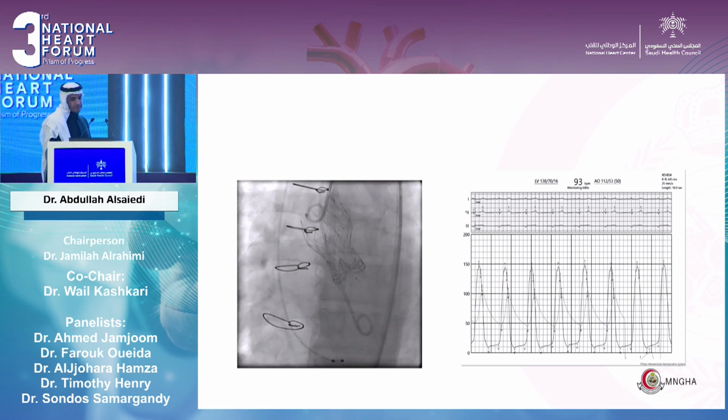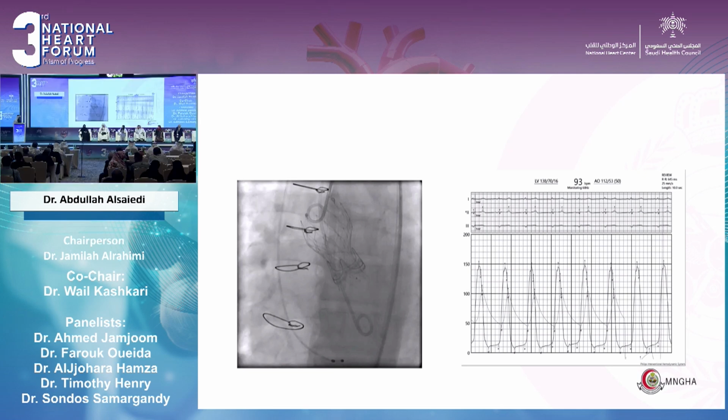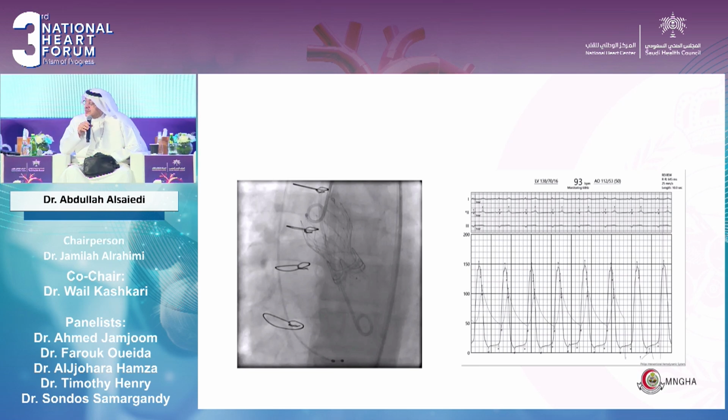Based on the chart you showed us, there was already a mismatch which is in the moderate range, and you are now really expecting there will be a significant gradient with the supra-annular valve. So I'm going to ask a question to Sundus before you proceed. Sundus, now